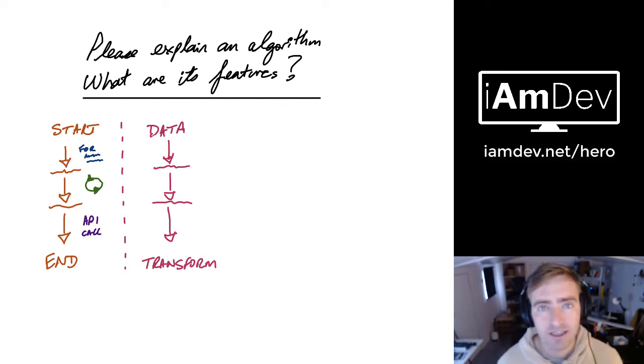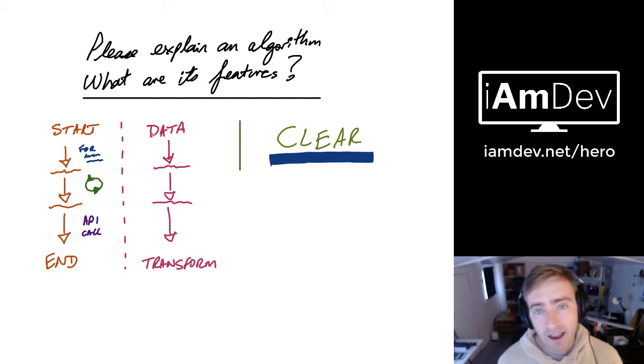So the very first feature is to be clear. When I'm reading your code, I don't know what was in your head at the time. So I need to read the function names, the variable names, and I need to see a clear logical order with names of functions that represent what that function is doing, right? I don't want to have to get up out of my chair and let my coffee go cold because I'm a developer. I hate social time. I don't want to do that. I don't want to go over and ask you stuff. I just want to see what you've written in code. So it should be very, very clear.